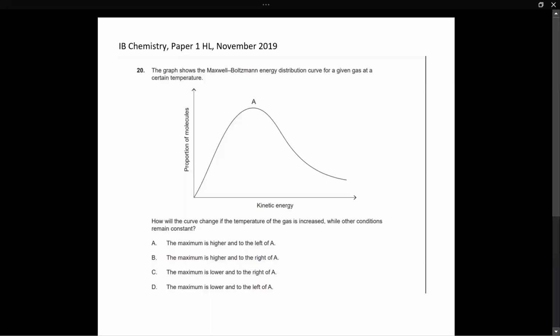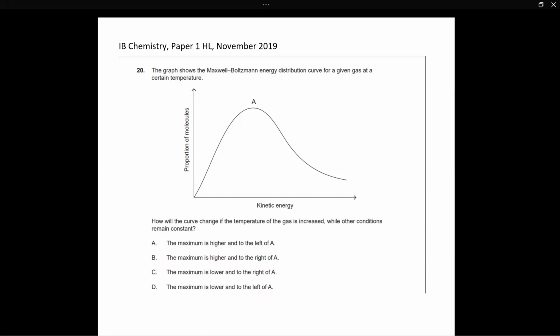All right, hello everybody, welcome back to another video, and in this video we're going to be taking a look at an MCQ question from an HL paper 1 from the November 2019 batch. So in this question they've given us a Maxwell Boltzmann energy distribution curve for a given gas at a certain